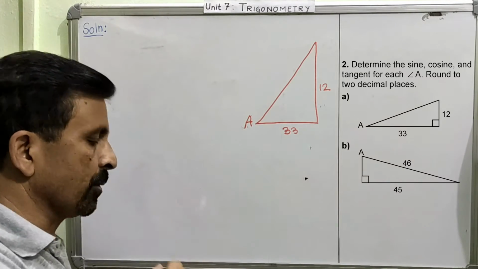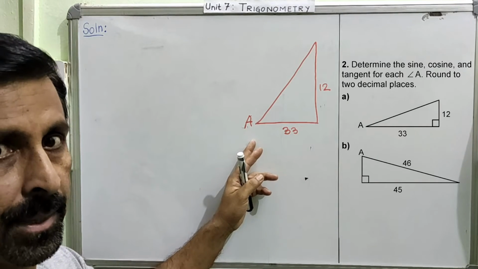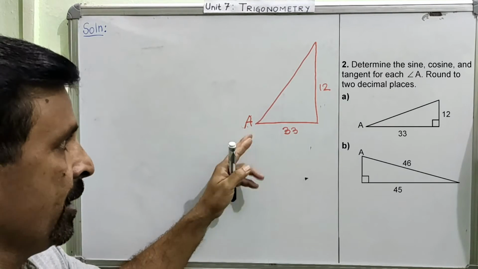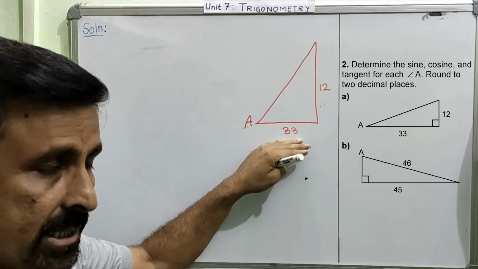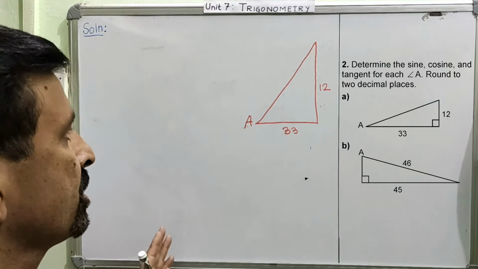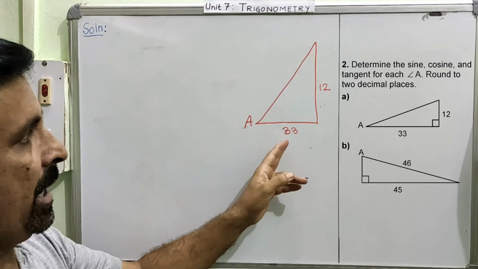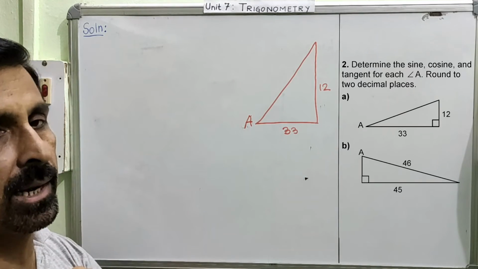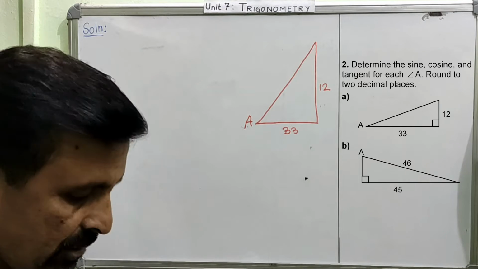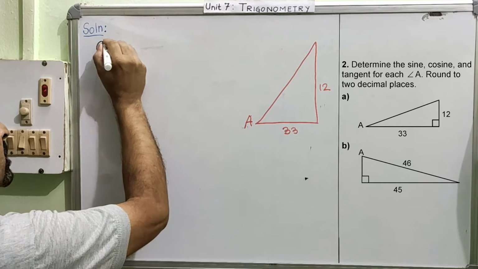That means we have to calculate all the three trigonometrical ratios in terms of angle A. Is it okay? Since we are going to calculate the trigonometrical ratios in terms of angle A, obviously the name of this side will be the adjacent side and the name of this will be the opposite side. Now to start this work, along with these two sides, we also need the length of the hypotenuse. That is why I said that this question is exactly the same as the previous question. This is question number 2A. Solution of 2A.